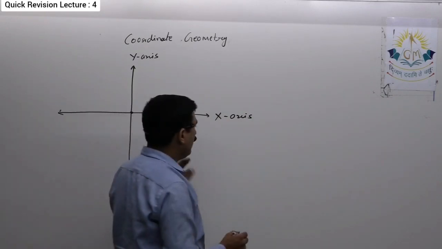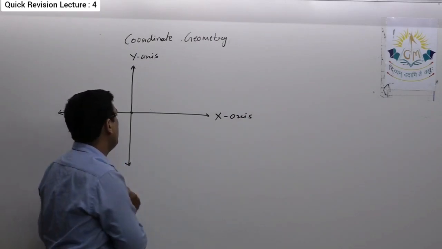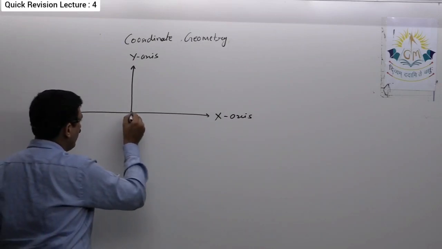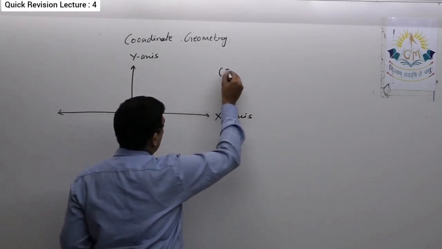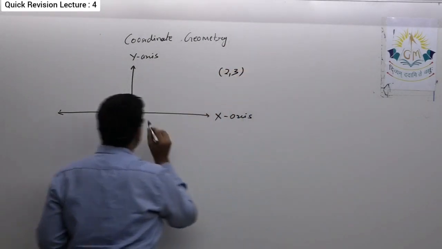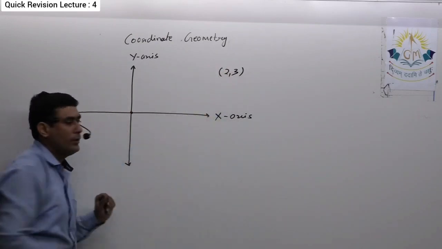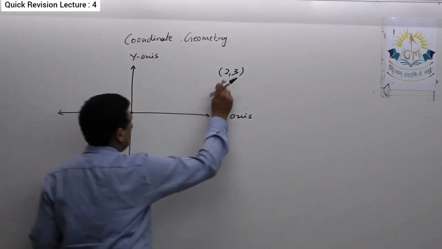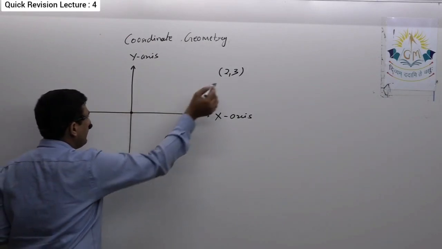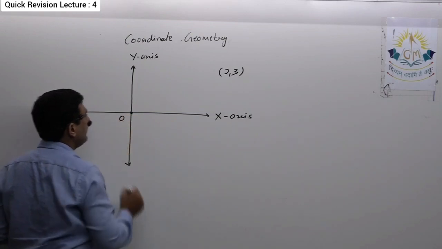This theory is actually very important in this chapter. Now, to locate the x coordinate we'll start from the origin. Suppose we have to locate a point (2, 3) for a while. I'm not talking about the magnitude, I'm more concentrating on the sign. So the x coordinate is positive as well as the y coordinate is positive. Now to locate this point on this graph paper, I will start from the origin, that is 0.